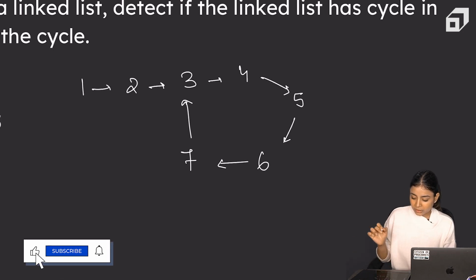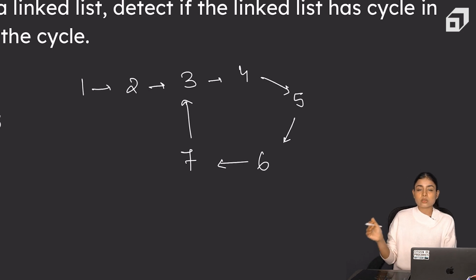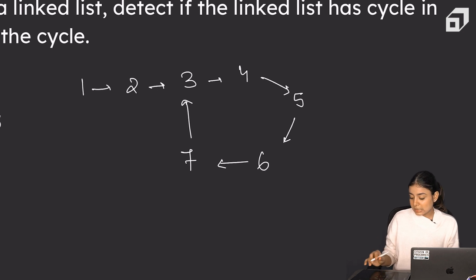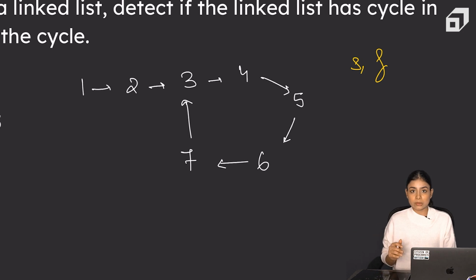What we need to find now is at what point the cycle is starting so that we can break the cycle. Now for this we use Floyd's algorithm, which basically says that the point at which slow and fast pointer meet,